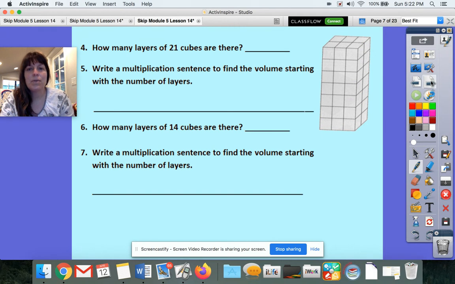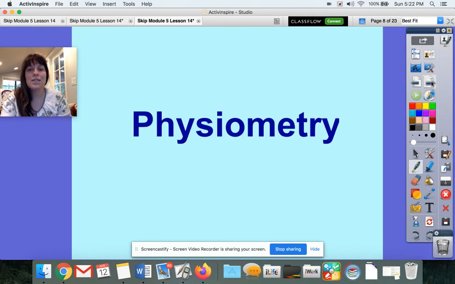All right, moving on. I don't think we're going to do that one. We're going to do a little physiometry here. It's going to be hard to do because I'm in a small little box, but basically I'm going to point to one wall and I want you to point to the wall that's parallel to the wall. So I'm pointing here, you're pointing